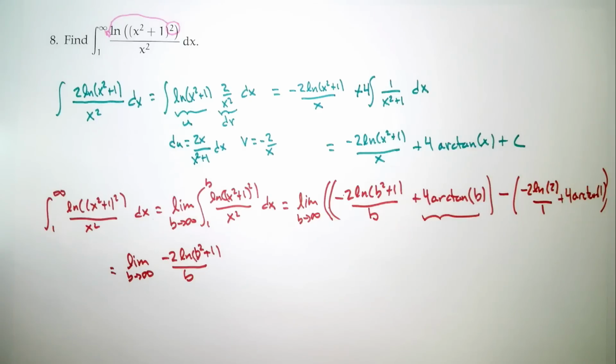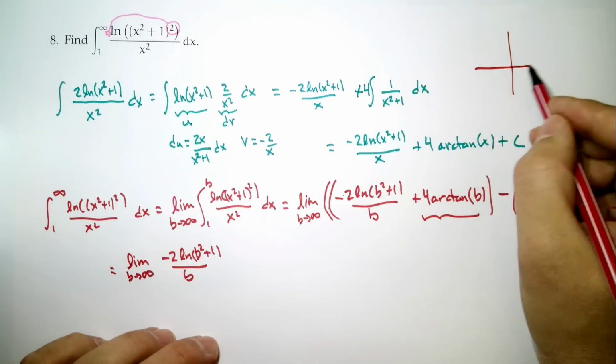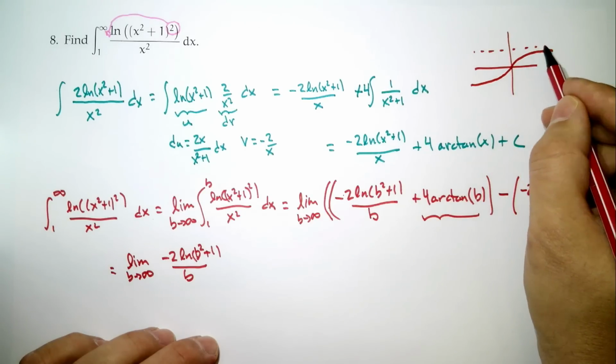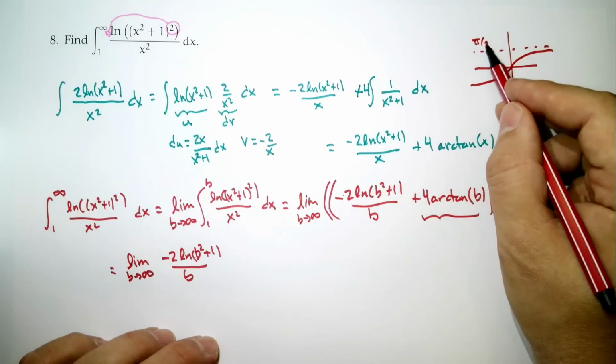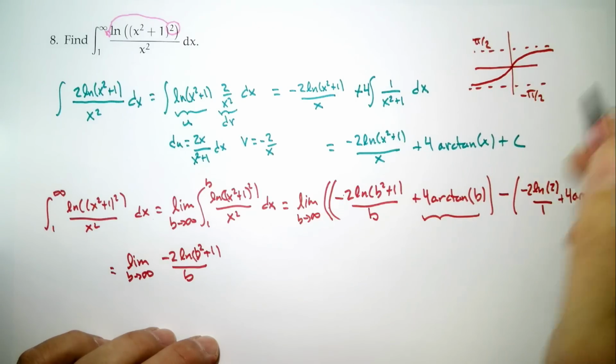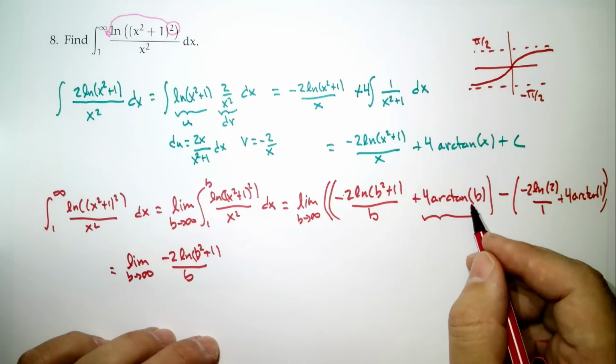Goes to pi over 2. We have an arctangent lover in the room today. Well, we have at least 2. Yeah, so if you think about arctangent, it has this shape to it. And the horizontal asymptotes for arctangent come from the vertical asymptotes for tangent. So as you head off towards infinity, this for arctangent